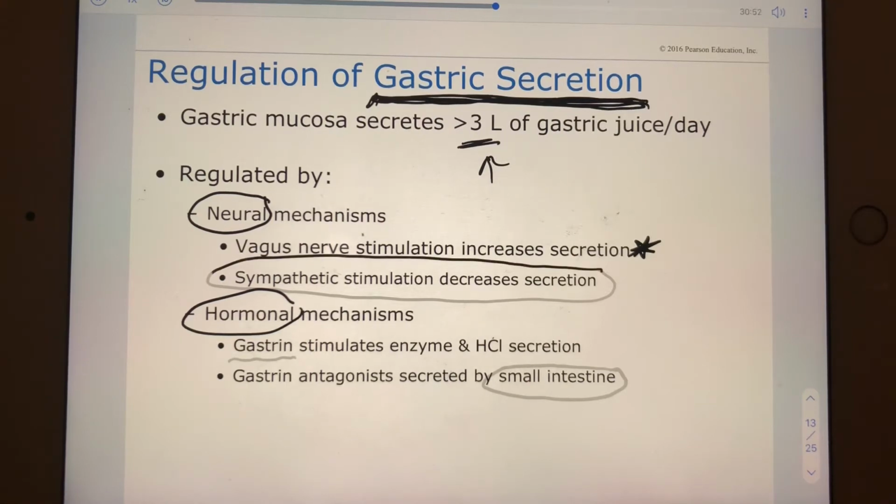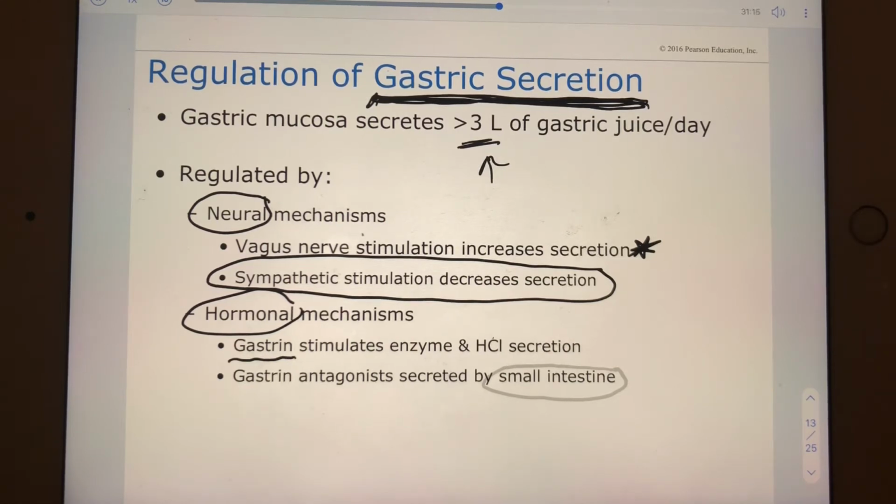And when we're maybe stressed or excited or exercising, then the sympathetic avenue will inhibit secretion where the nervous system is concerned. And from a hormonal standpoint, gastrin